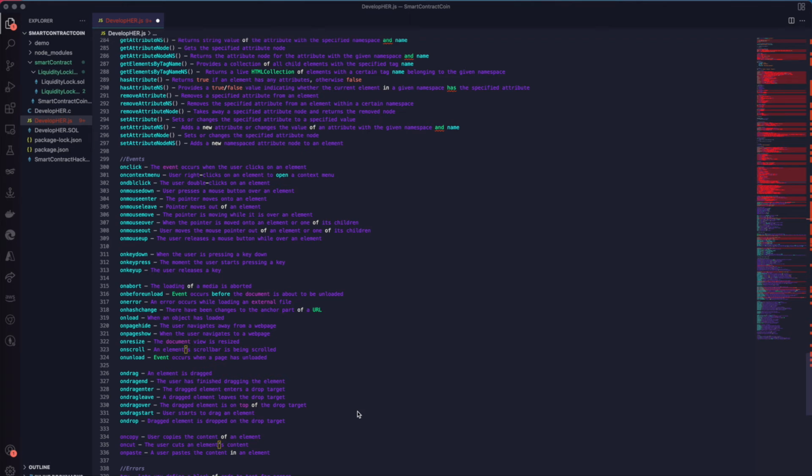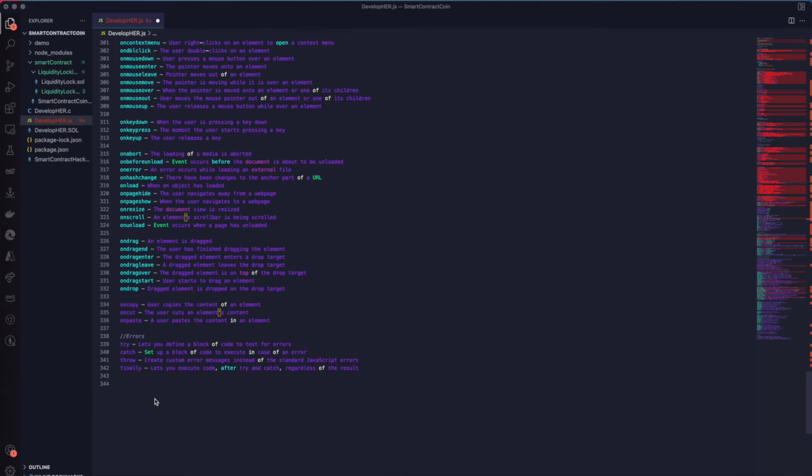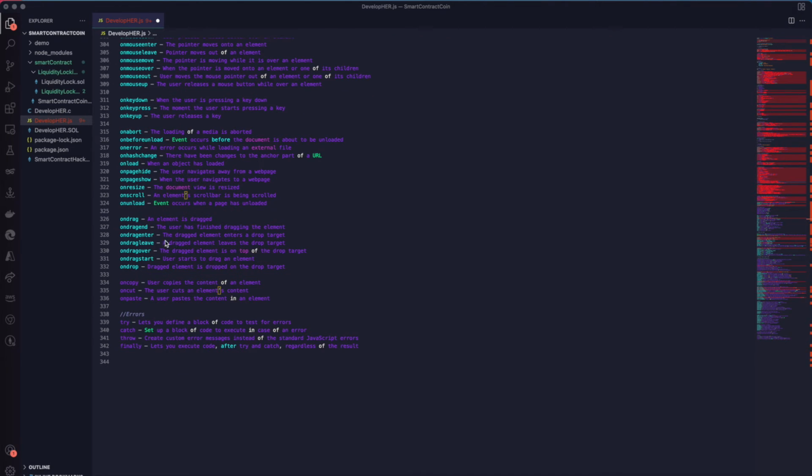And this also comes in handy for websites. These would be mouse events, like when you click, when you leave, when you hover. I actually don't know if I have hover on there. This would be keyboard events. This would be frame events. I don't think I did the form events, but these are for when you drag, like when a user element is dragged,